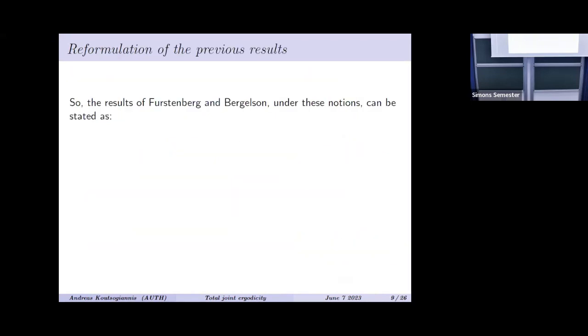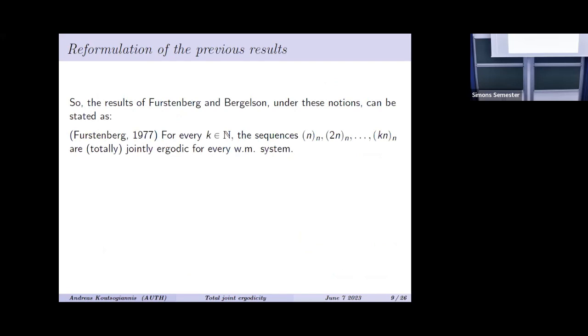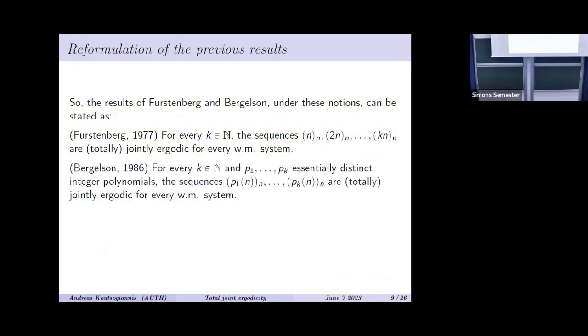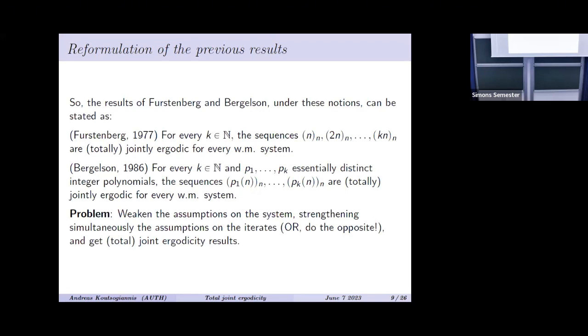So now with these new notions, you can reformulate the results of Furstenberg and Bergelson by saying that for any k, the sequences n, 2n up to kn are jointly ergodic for any weakly mixing system. And of course, for any k essentially distinct polynomials, the sequences p_1(n) up to p_k(n) are jointly ergodic for any weakly mixing system. And now the problem that we care about with Wenbo